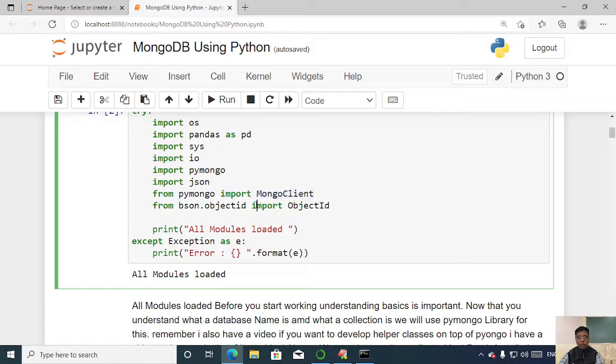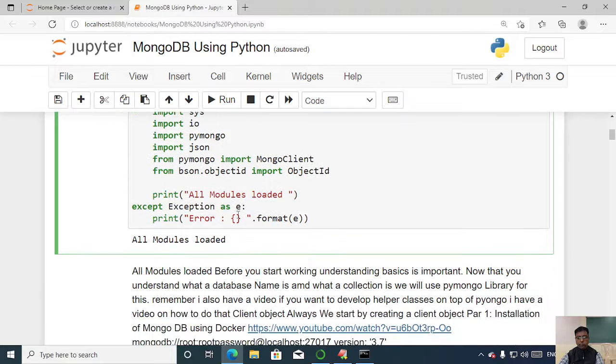If I had not written from PyMongo import MongoClient, it would still be okay since I have imported PyMongo. But every time I use MongoClient, I would have to prefix it with PyMongo.MongoClient. So that's why I specially wrote import PyMongo as well as from PyMongo import MongoClient. An additional line is written over here.